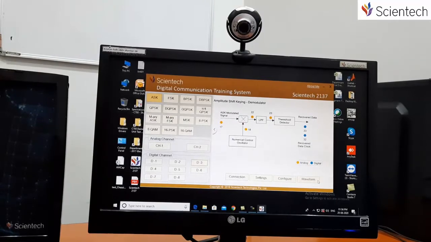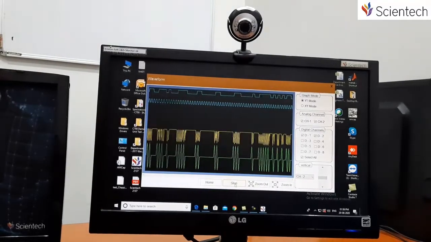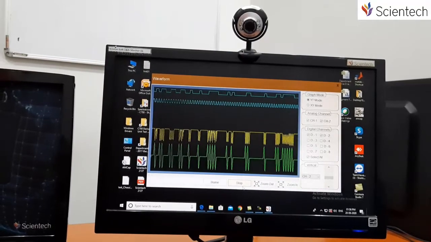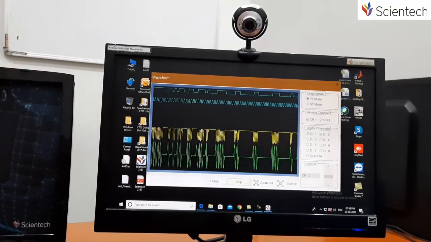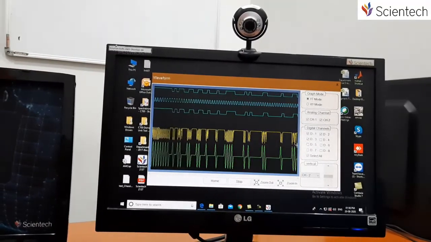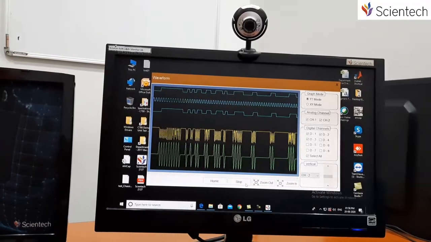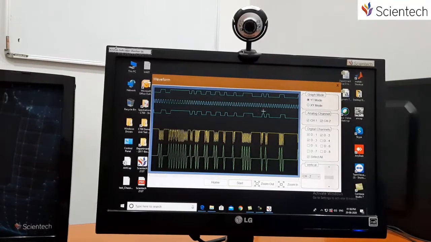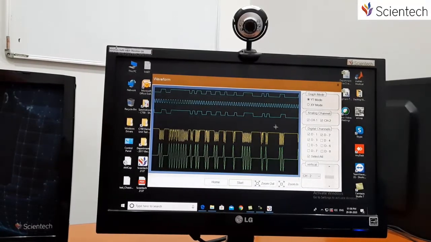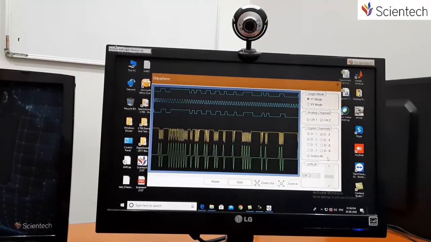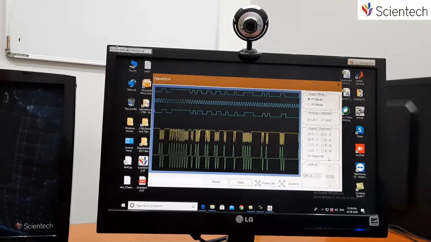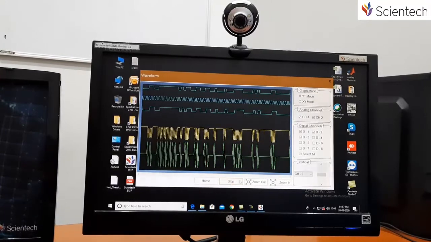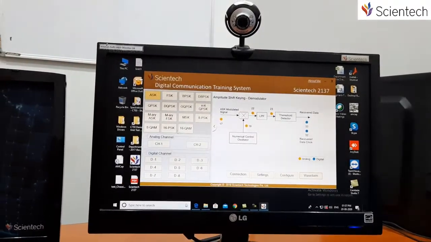We can again go back to the waveform and just click on the start button, and you can see that because D3 is deselected, we need to select it first, and we can see that the transmit and the receive data are matching, as well as we are able to see the multiplier output. So in this way we can perform all the experiments, including the QPSK experiments, and we can see the waveform of the QPSK.